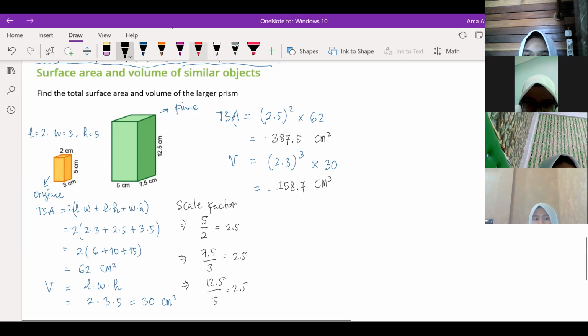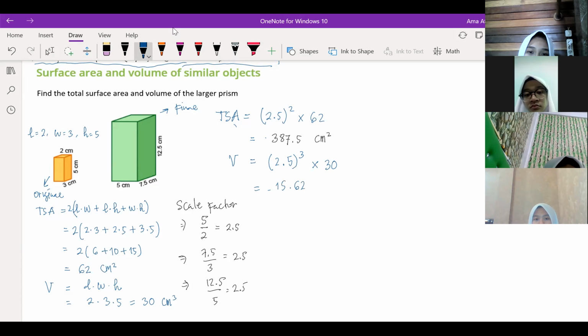Sorry, this is not 2.3 but 2.5. Now I figure this out. Why 2.3? Yeah, 2.5, Talita. Did you find 2.3 or 2.5? The answer is supposed to be 187 point. Because 2.5 cubed. So let me try to fix this up because of my mistake. I was writing 2.3. Sorry for this one. So it should be